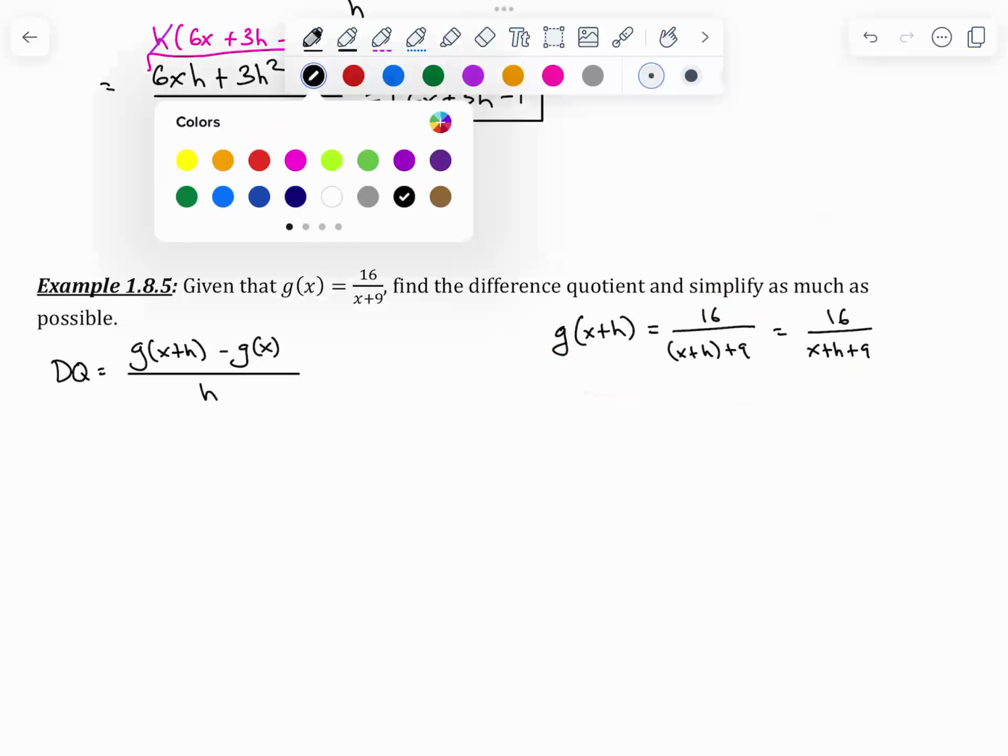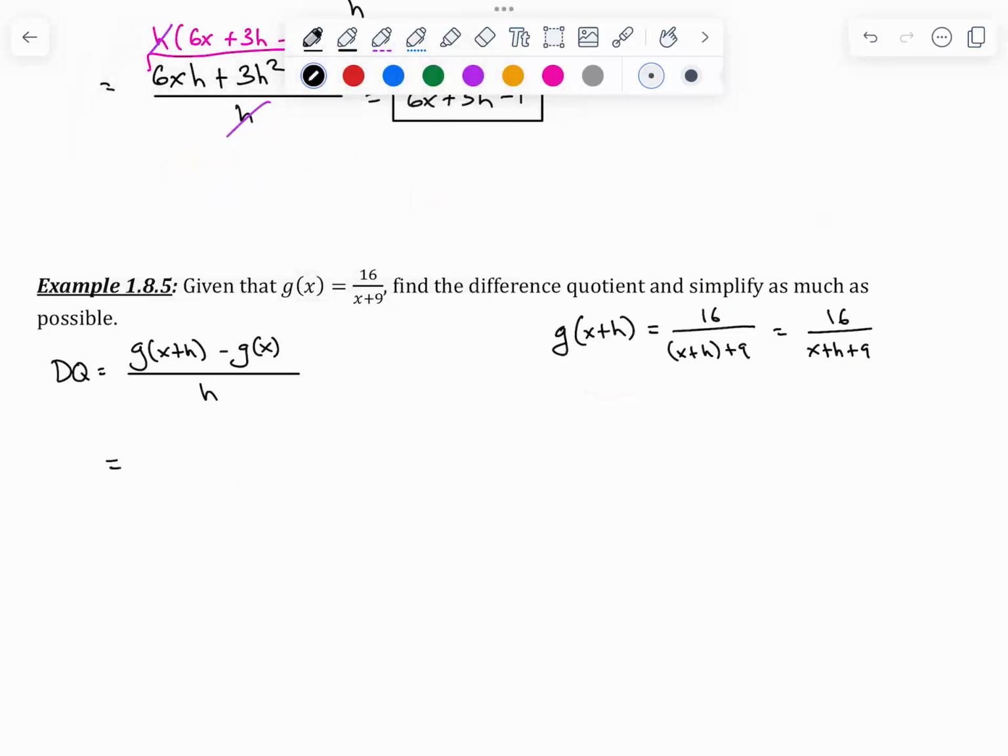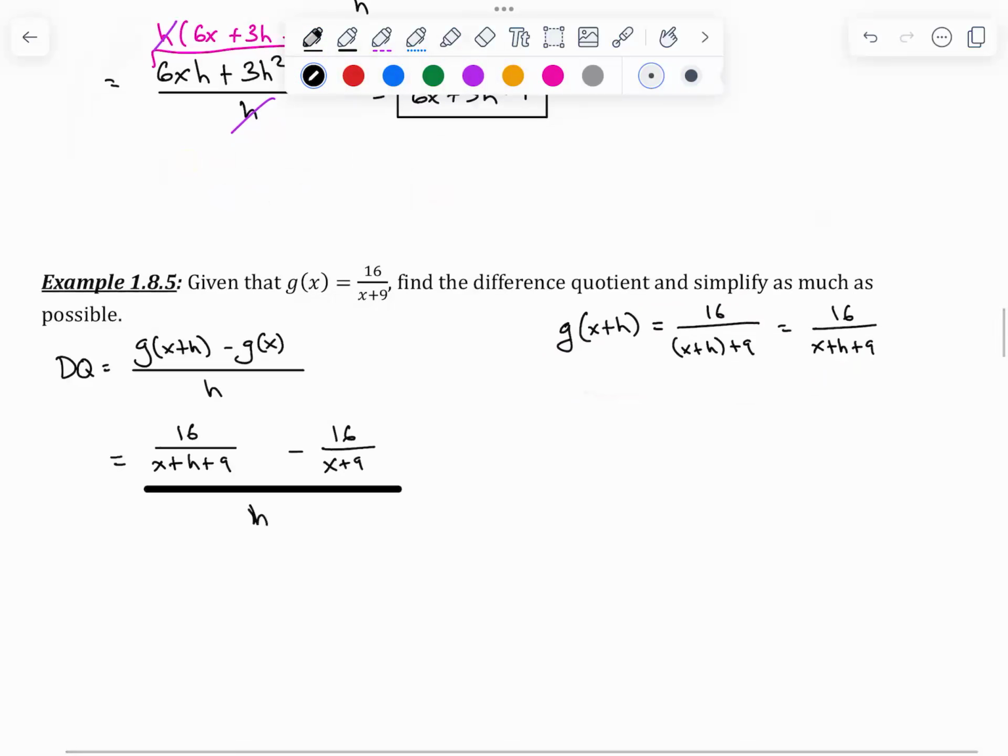So now that we've got the simplified version of g of x plus h, so 16 over x plus h plus 9, then leave a little bit of space, then write the minus sign, and then write g of x, which is 16 over x plus 9, all divided by, in fact, I'm going to make this a big bar to symbolize that we're dealing with multiple fractions, all divided by h. So we can't cancel the terms in the numerator. We can't simplify it, at least not yet, and there's no way to cancel that h. So there must be something that we need to do,